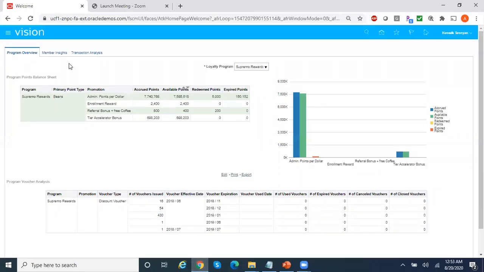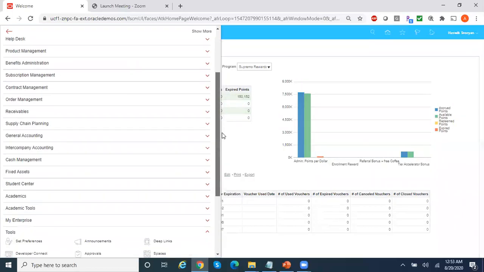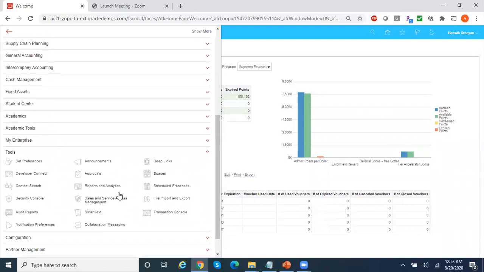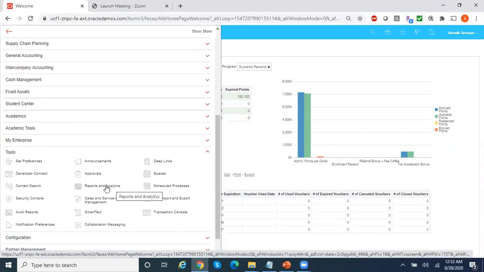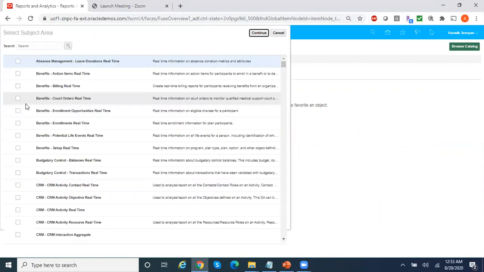So this is the Fusion application. Go to the navigator and then scroll down. Go to tools. Within tools, there is something called report and analytics. So click on this. Under report and analytics, you have something called create report and analysis. So select analysis. Once you select analysis, you'll be able to see all the subject areas which are available